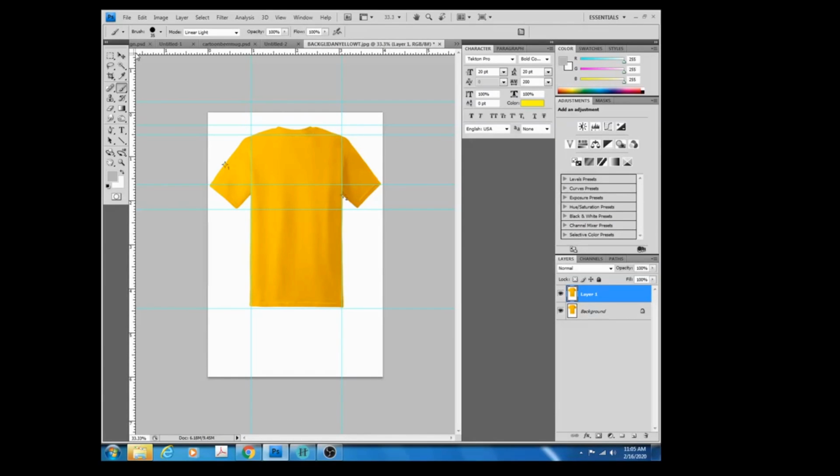Alright, so like I said, I like to use this for my designs. The only problem that I have right now is that this particular shirt is a yellow color. And since I'm doing something for St. Patrick's Day, I want to use like a greenish color. So what I'm going to do is, first off,